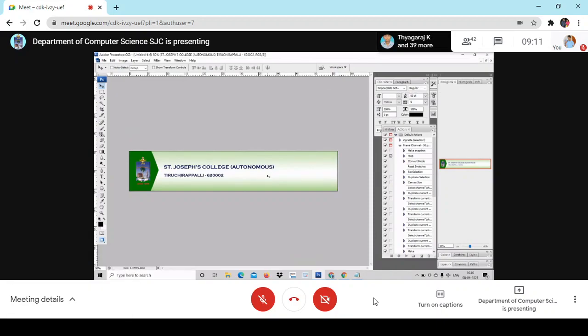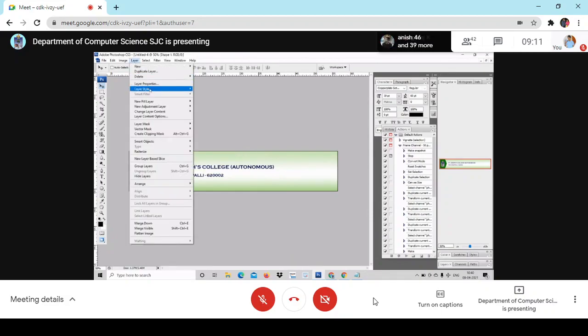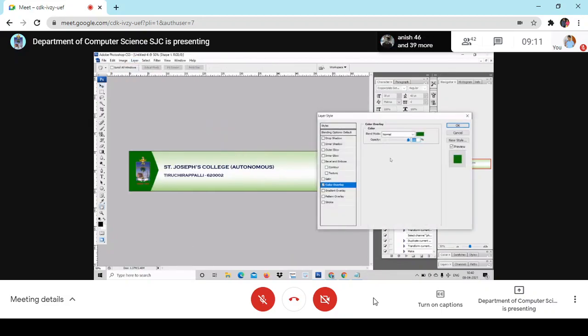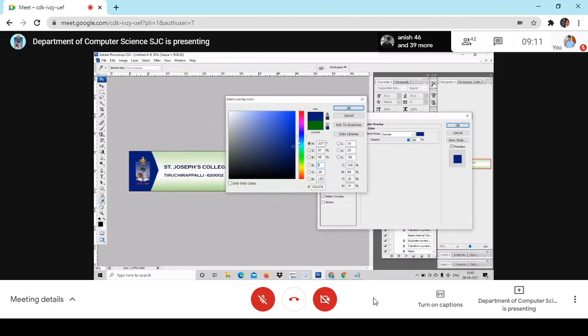So please use your creativity. Use your creativity to fully bring it out. Now I change the color. The green doesn't suit properly. So I just go for changing the color into light blue. Yeah.